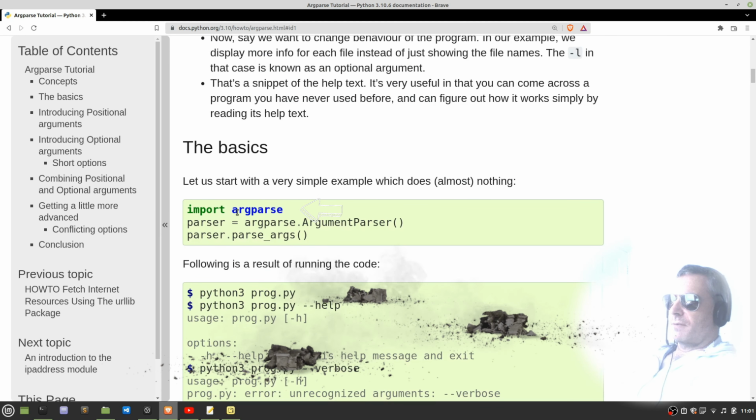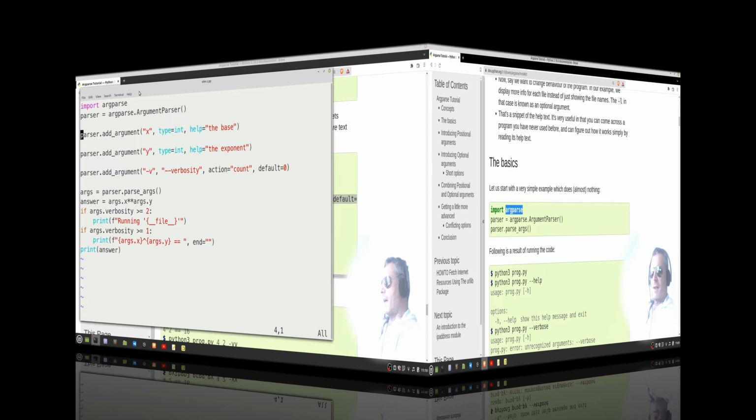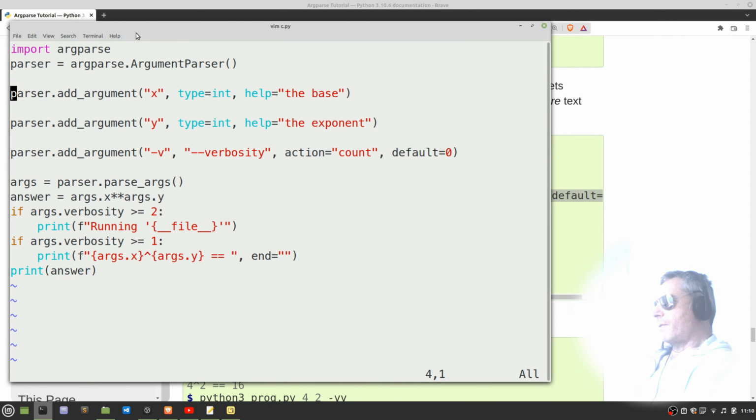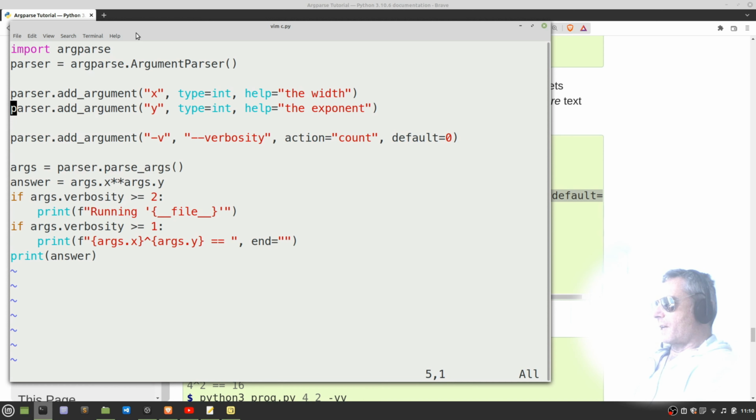First thing I need to do is import argparse, and then that object we're using to add an argument, x, which is the base. So this is all particular to the example. So let's change that. What should we do? Let's say it's the height, or no, the width. What we'll do is we'll stop it being just a crude example, and we'll actually turn it into a little bit of code, which we'll change that into